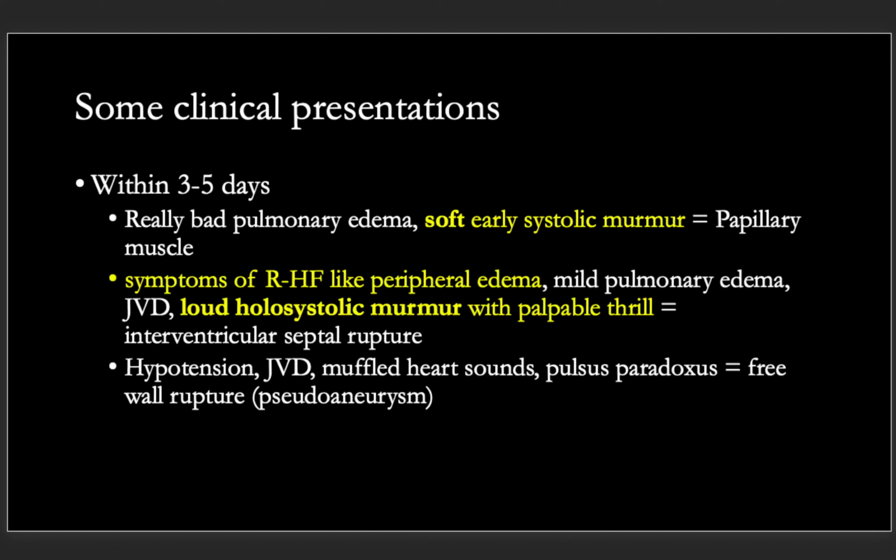Really what we care about though is someone having complications within 3 to 5 days. This is where I've seen most of the UWorld questions come from. So the thing about papillary muscle rupture and interventricular septal rupture is they both cause a systolic murmur. And so if we think about that here, we have a systolic,